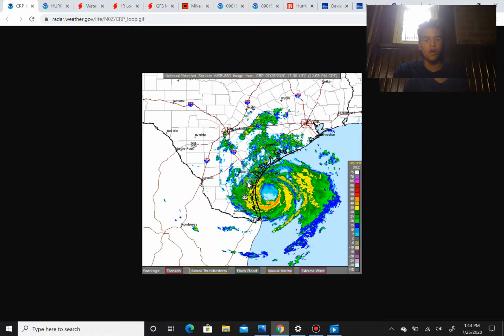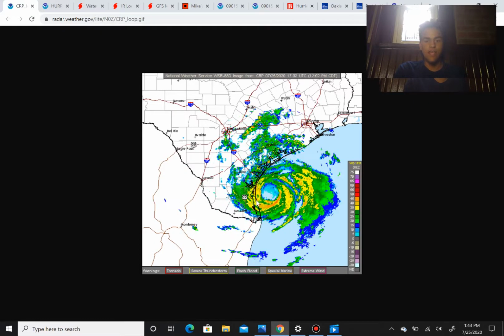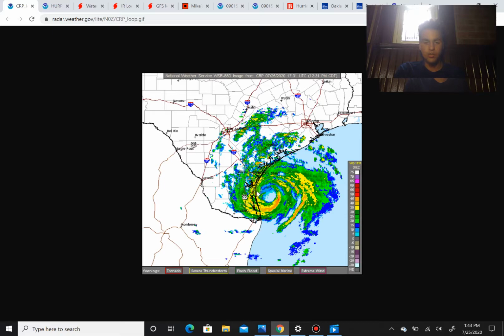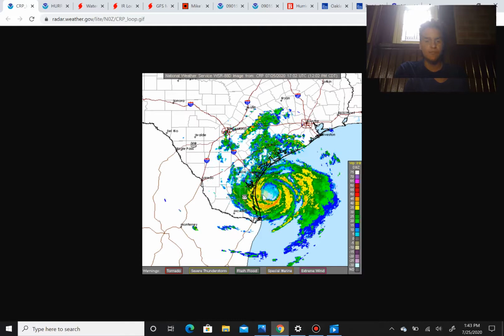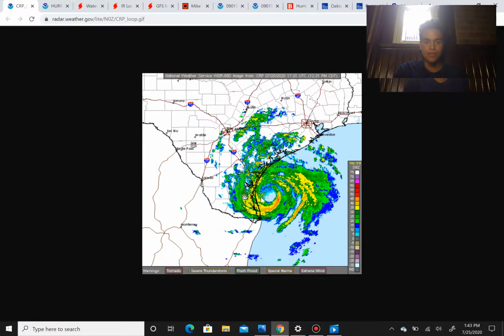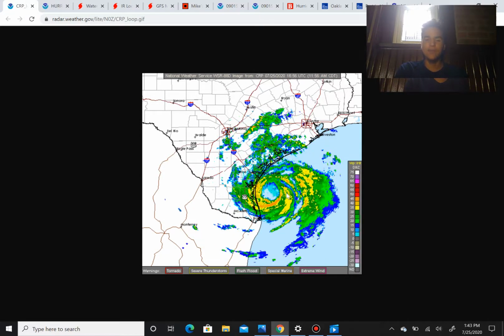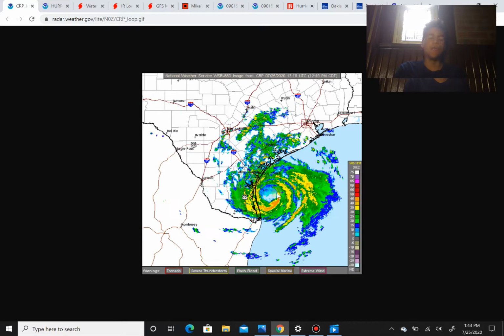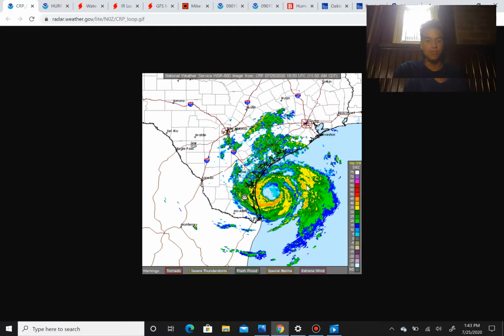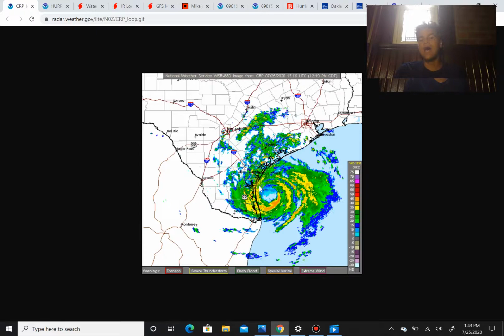And keep in mind, some of these squall lines could contain sustained winds at this point of 50 miles per hour. However, since the southern Texas coast is entering pretty much the eye wall at this point, we could see sustained winds a little higher than that, as you're going to begin to experience the eye wall of the storm as it approaches the coast. However, I still suspect that the strongest winds will still be to the northeast of this storm, like most hurricanes. Because usually the northeastern side deals with less wind shear, and usually that area